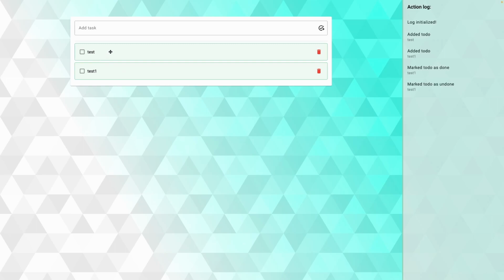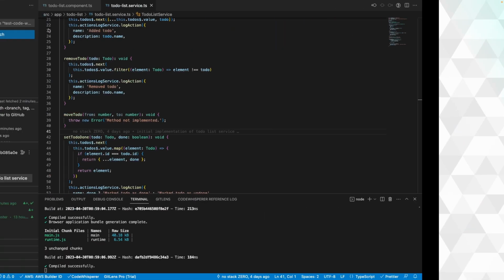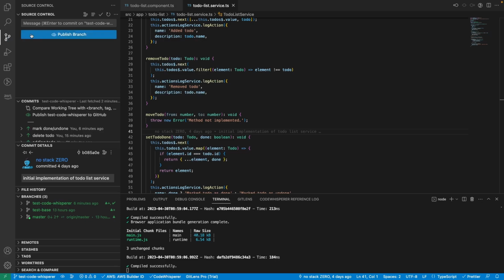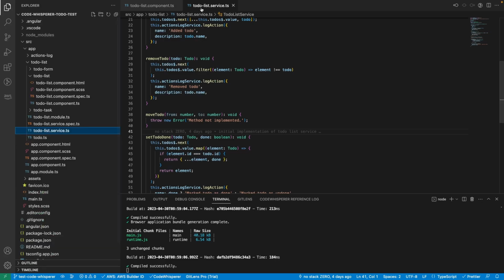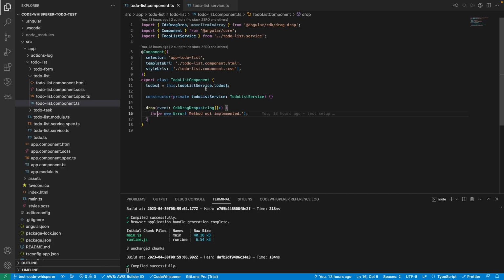So as you can see right now, I can drag and drop them, but when I drop the to do, it doesn't change its position. So in order to fix that, I will have to move onto the to-do list component and implement this drop method. And I would like to call the service from here, but let's